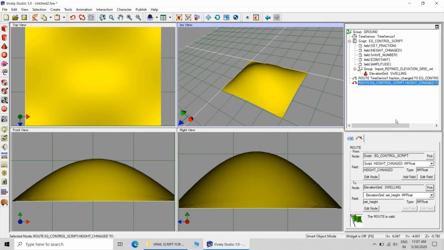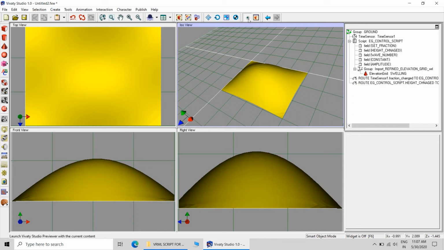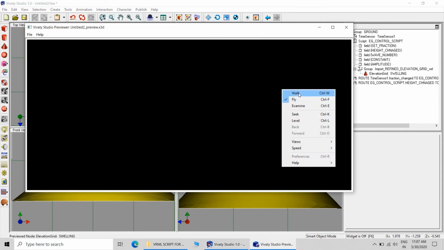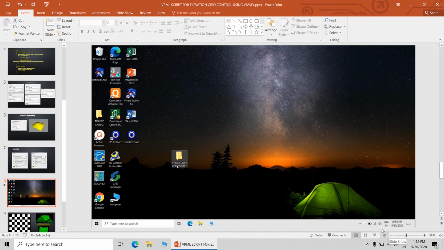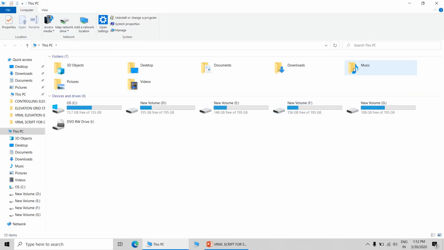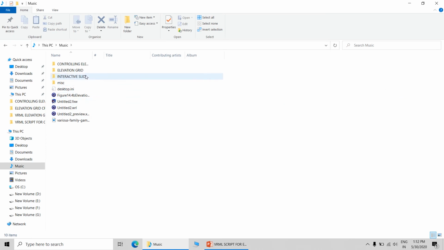It should be directly to the elevation grid, not to the group. Okay, so now what we will do is check the output. I have created the output, I think over here.